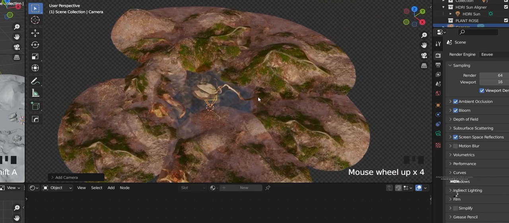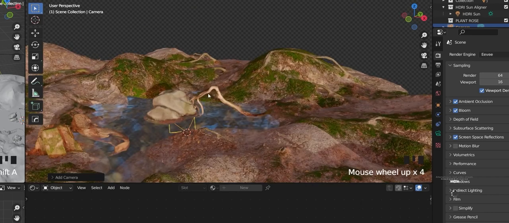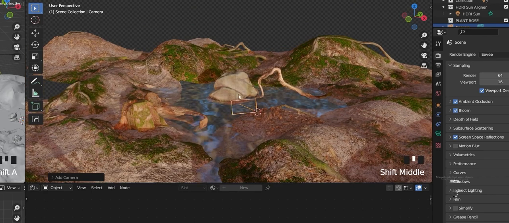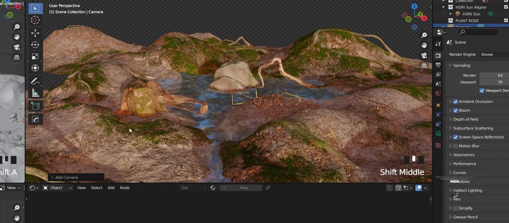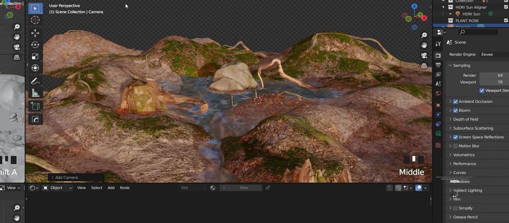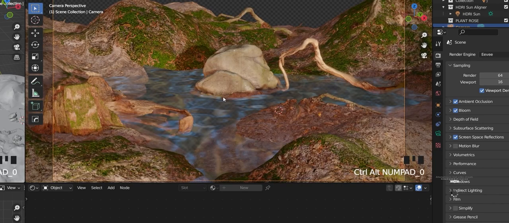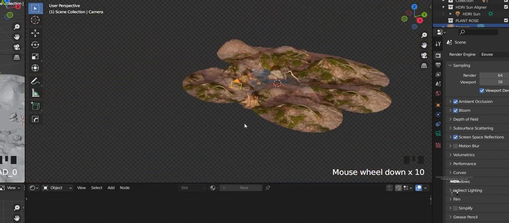If we want our camera to be in such a position that it can see this scene which I am seeing over the screen, this view, you need to press Control Alt and numpad 0. So our camera is shifted here,